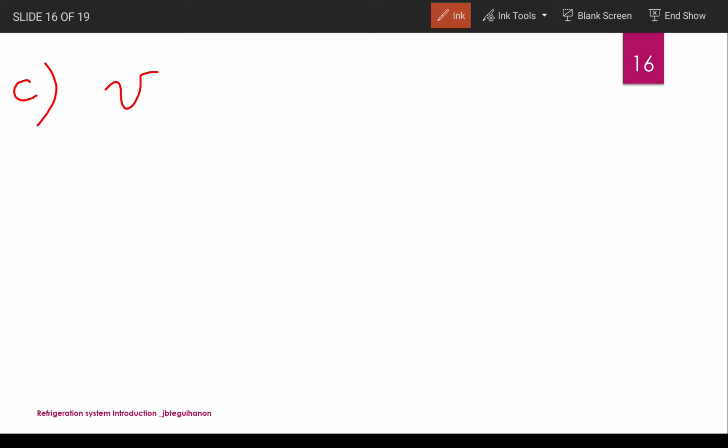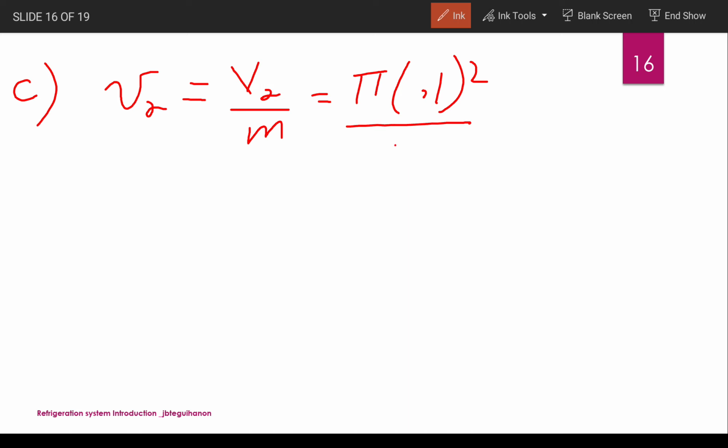Your specific volume increases, and that is V2 over m, and that is equal to pi, area, 0.1 squared over 4. So you have to multiply it with 0.08 over the specific volume 1, which is